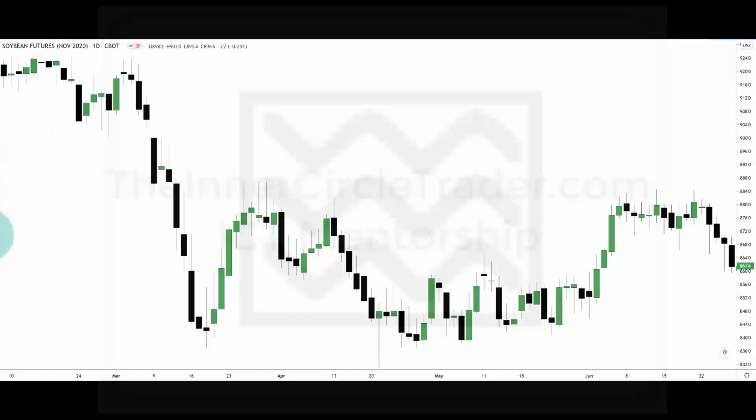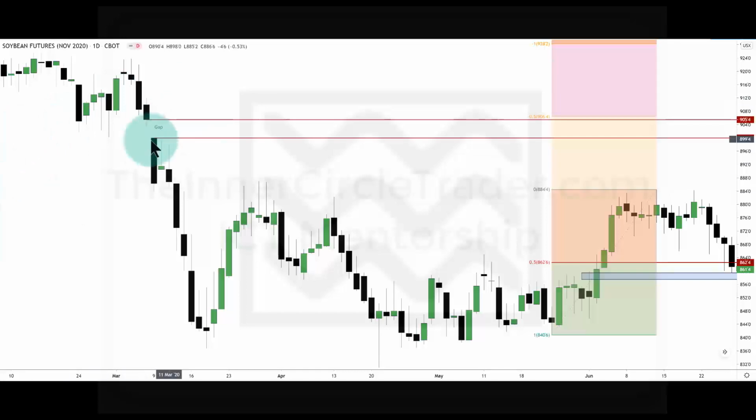If I add the annotations, you can see here's the gap, and we're going to look at this price swing here from this low all the way up to this high here. This is the highest among this high and this high, so we're looking at it there. The only reason why I'm using the fib, notice there is no optimal trade entry here. It does go to the optimal trade entry levels, but it's not important. We only look at the Fibonacci level 50, or midpoint, because that gives us our equilibrium.